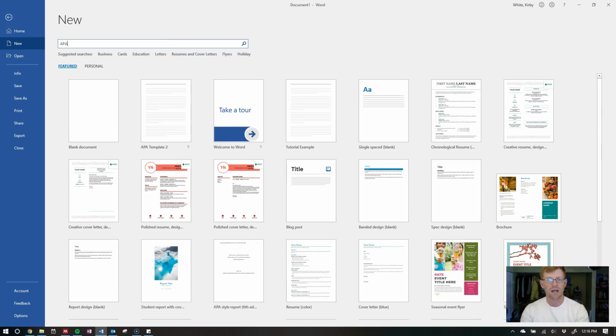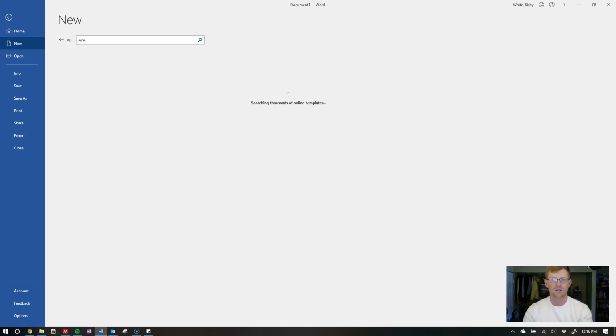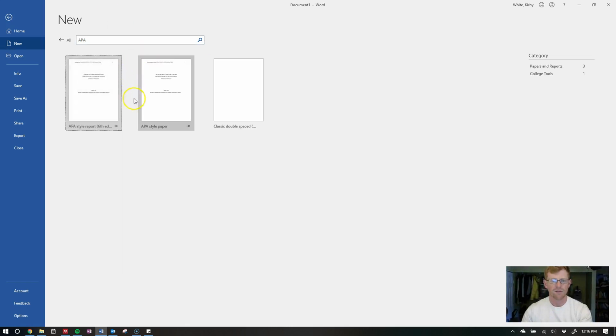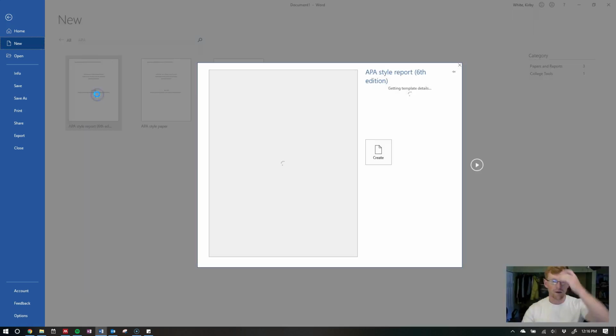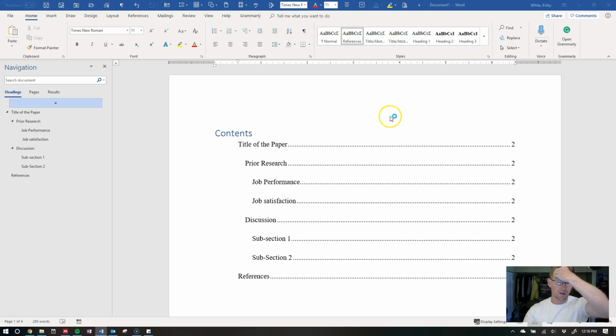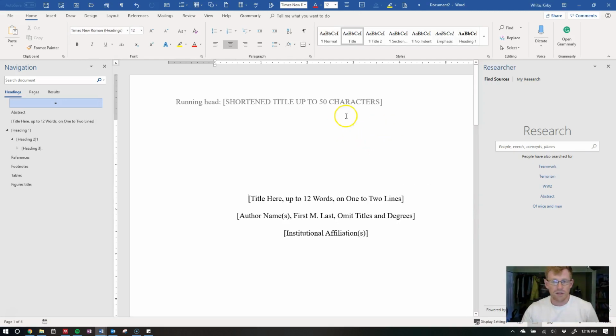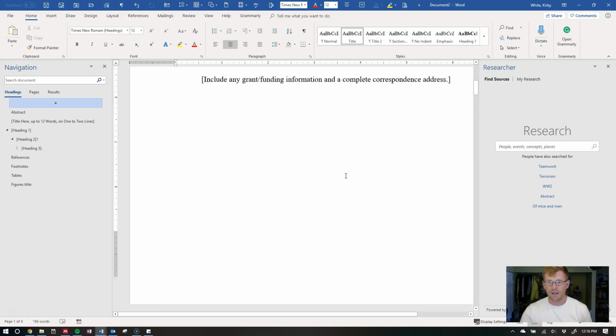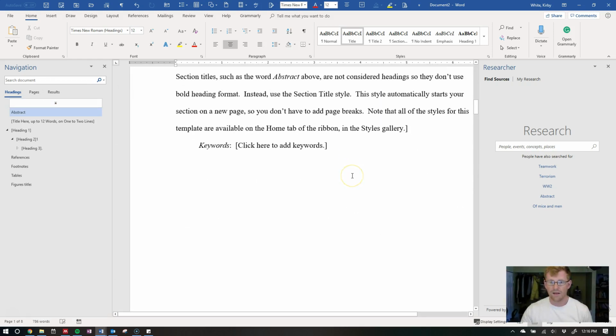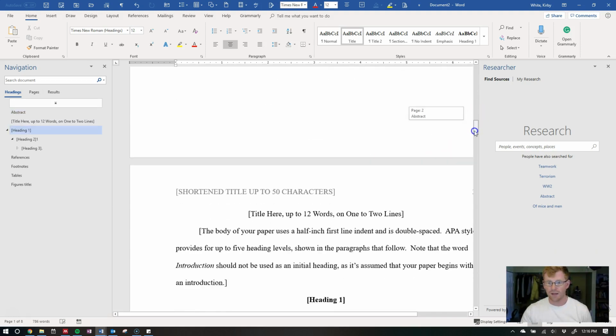If for some reason it's not there, you can do a search for APA, and it's going to think for a second, and it'll give you these templates. This one is labeled 6th edition, so we're going to go with that one. So we're going to click on it. I double-clicked, which automatically creates it, and holy smokes, it is an APA formatted template that you can start with,